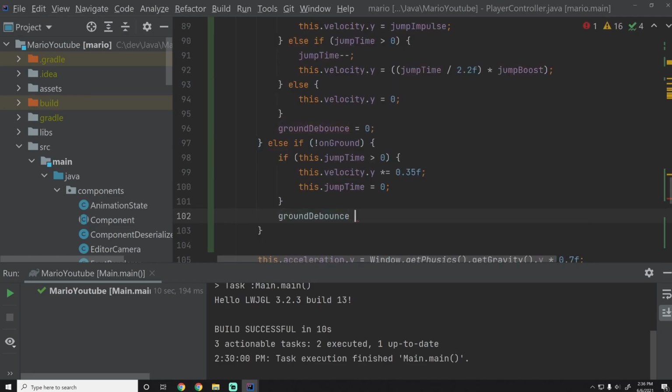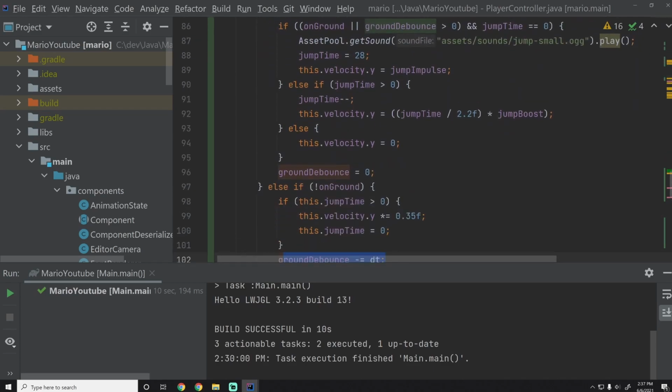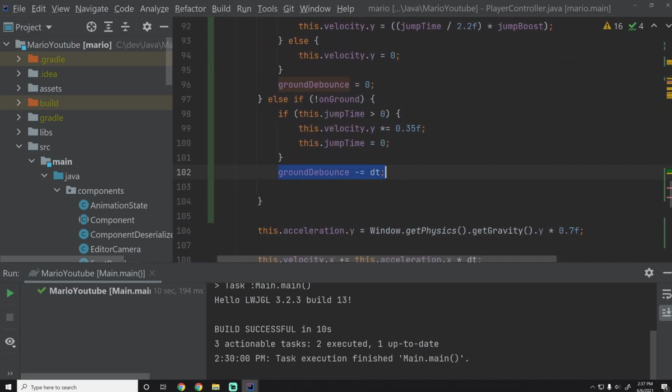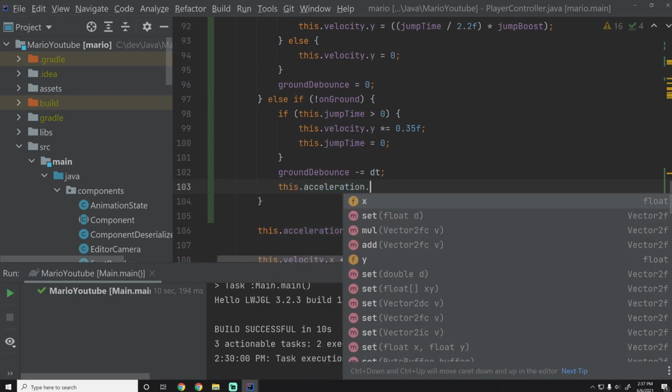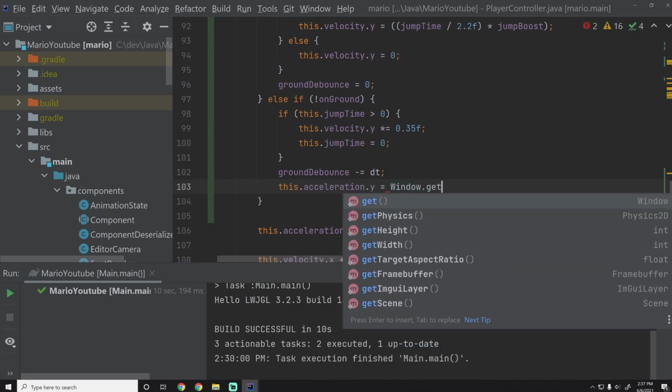And we'll say here groundDebounce minus equals dt. So basically, if we're not on the ground, we just want to subtract dt from the ground debounce. That way, if they still have some ground debounce left, they can still jump, right? So if they just ran off the edge of a block, this will start decrementing since we're not on the ground anymore. And then we can still jump even though we're not technically standing on ground until it goes below 0, then they can't. Then we'll say this.acceleration.y equals